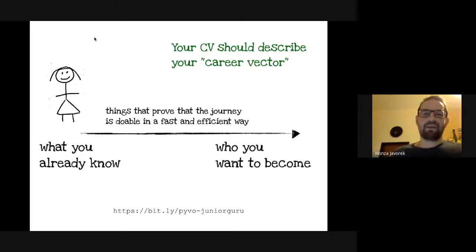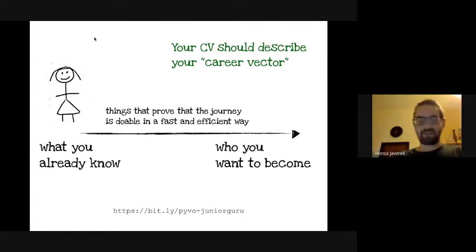I think you should write your CV to describe your career vector. I don't know if that's a thing. I invented that a few days ago when preparing the talk, but I like to call it that. It's like you're at a certain place. You know what you already know, and you want to get somewhere. You want to become someone, and I think it's good to mention it in the CV,